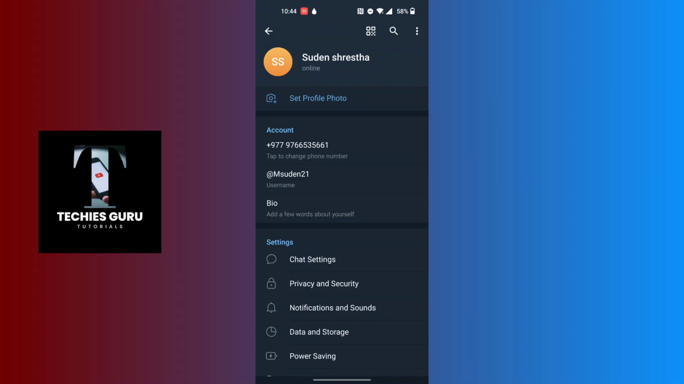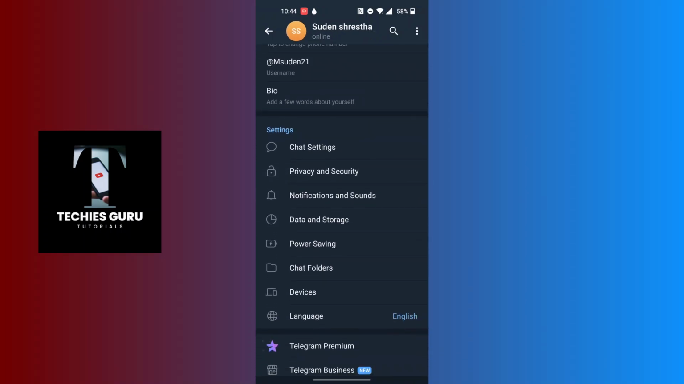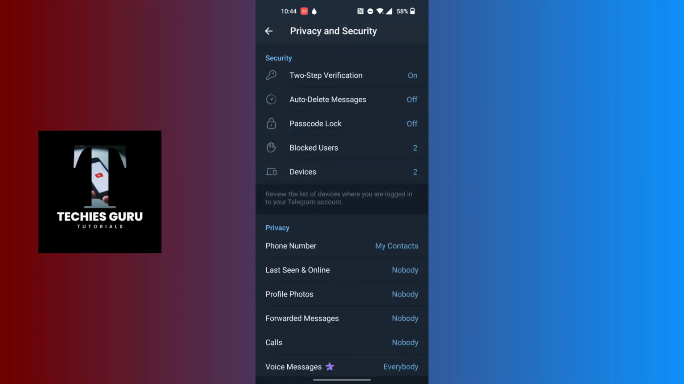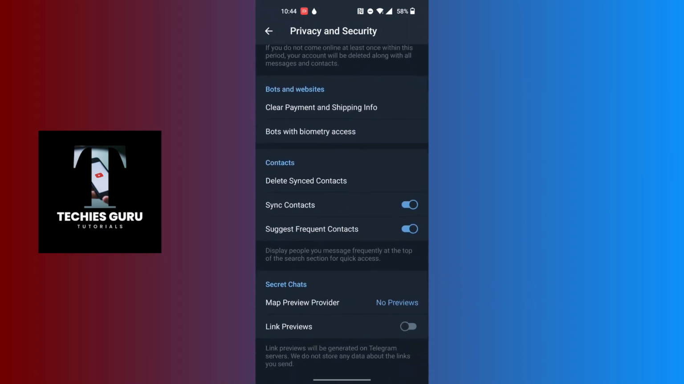Now you'll be required to tap on the privacy and security option available just below the chat settings. Tap on privacy and security and you will land on this page where we will be required to scroll down to the bottom of the page, and you can see under the category of contacts there is the delete sync contacts and sync contacts. And now in order to delete your sync contacts from Telegram, tap on the delete sync